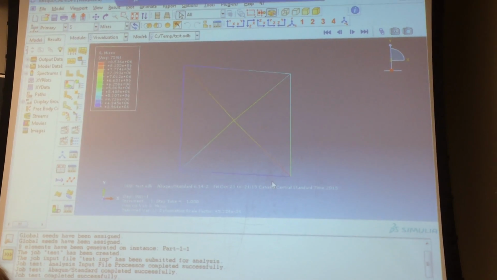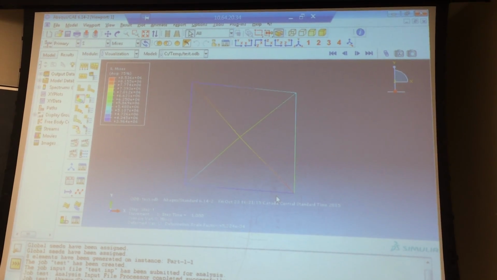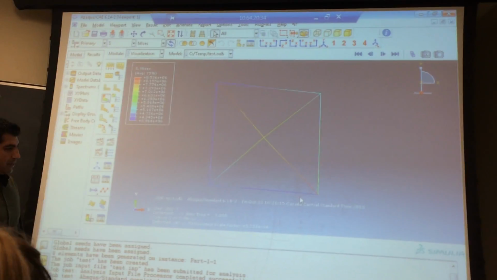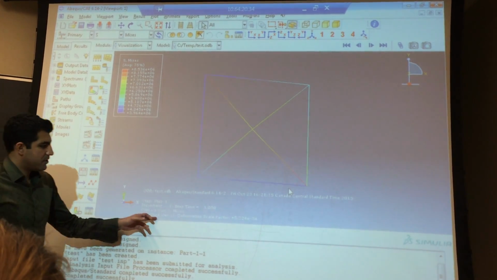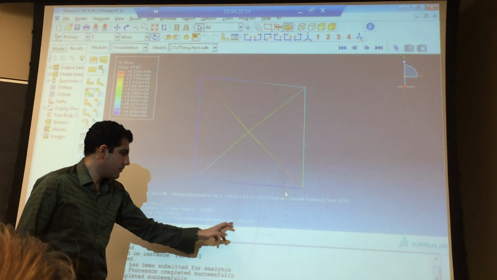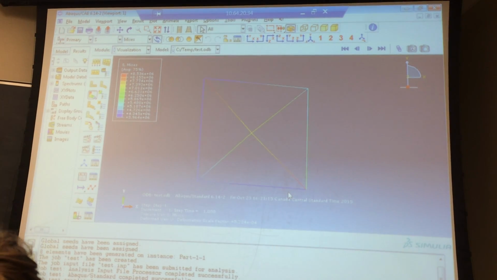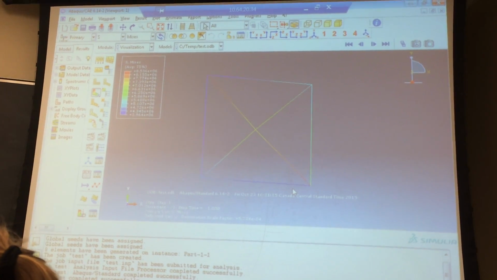By just looking at the deformed shape, sometimes you can figure out if you've made a mistake. In this case, it looks okay, and the deformation scale is here, so it's really low. So what you see is a large displacement, and